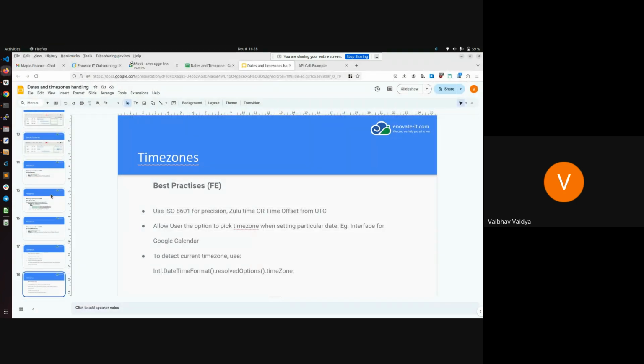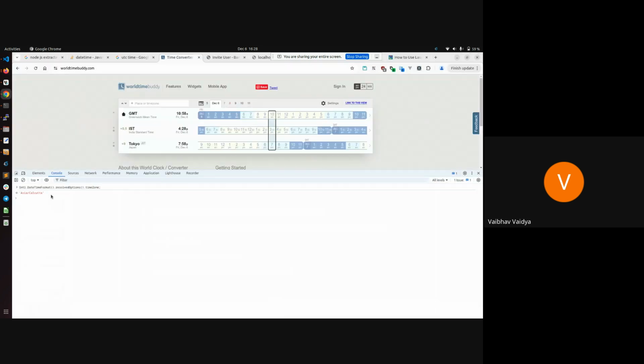Basically, when we are talking about time zones, everything has a certain caveat or exception to it. I can talk about this entire thing, but again, there are special cases. There are leap year cases. There are small exceptions. So this is more of a generic approach. 99% of your daily use cases will be covered by this. There are exceptions that you will need to handle if you need to delve into that